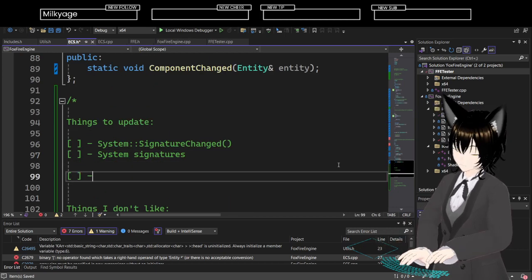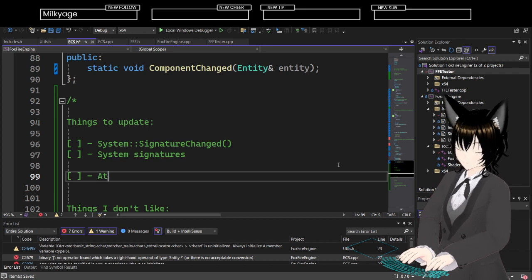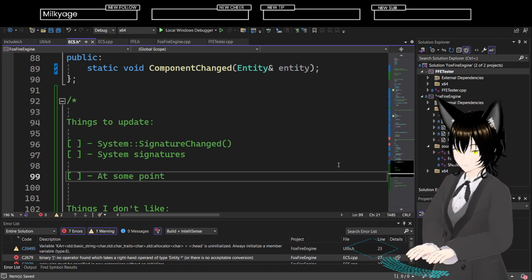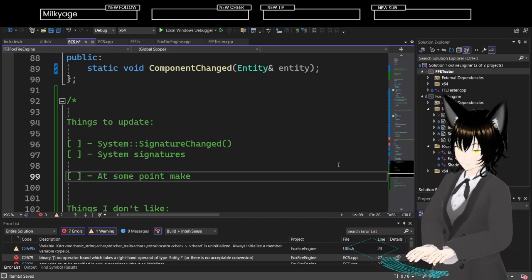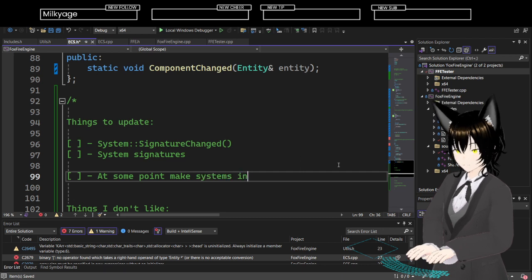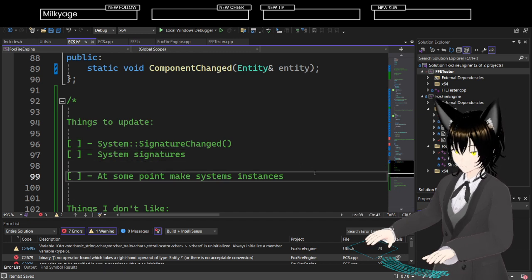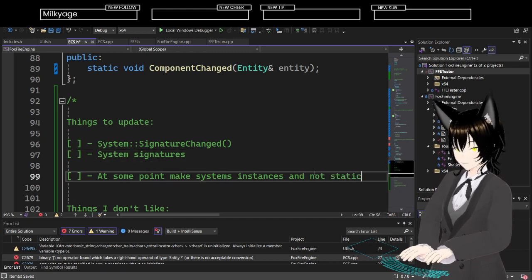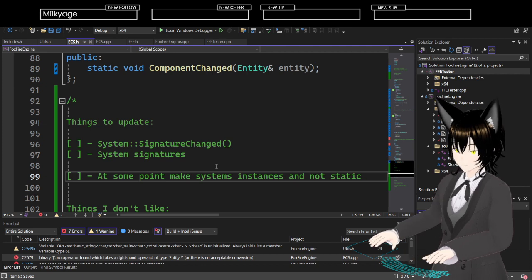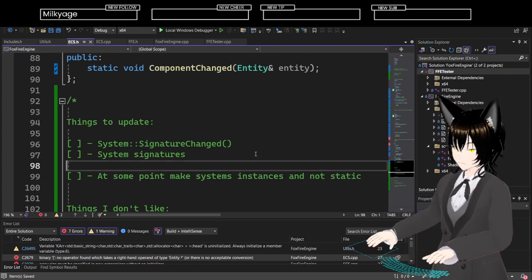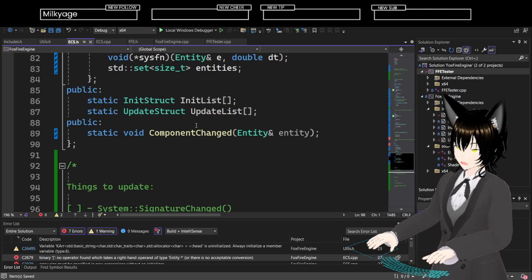Because at some point we'll make systems instances and not static. I will need to do that at some point, but at first I just need to make it work.